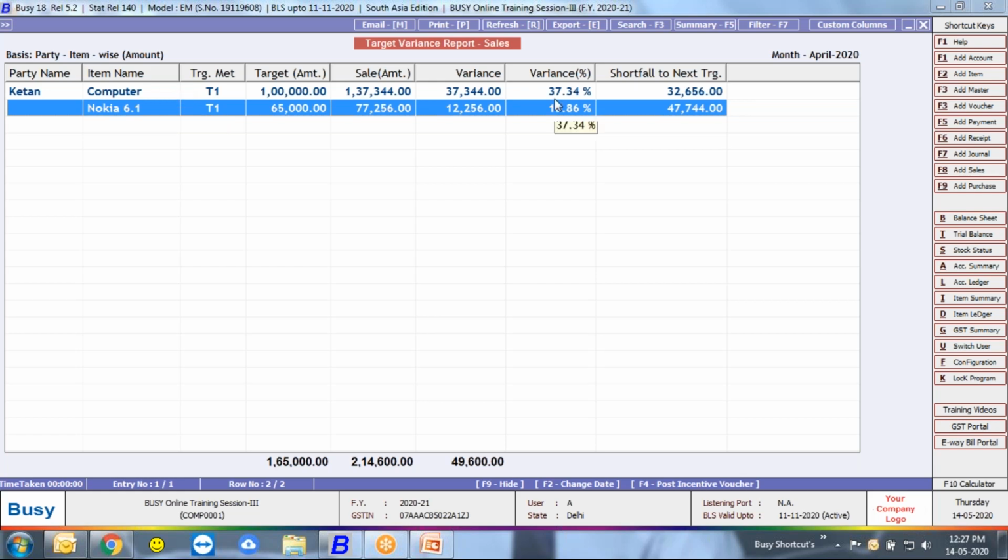From the report, you can analyze how much you are over or under your targets or targets achieved. It also shows how much amount you need to sell more to achieve your next target. As I said, my first target is 65,000, the next target is 1,25,000.